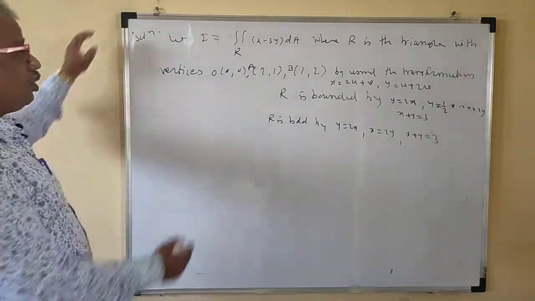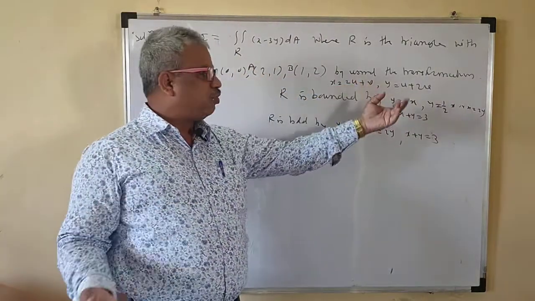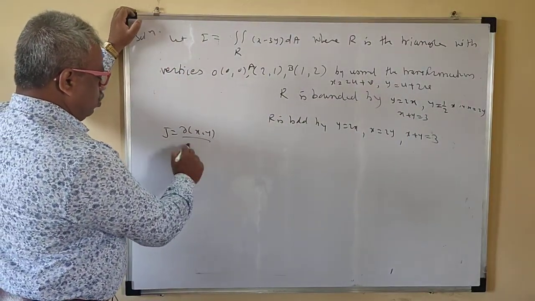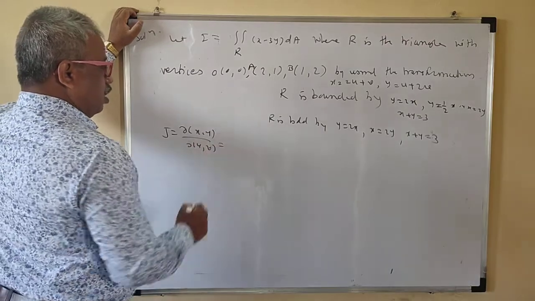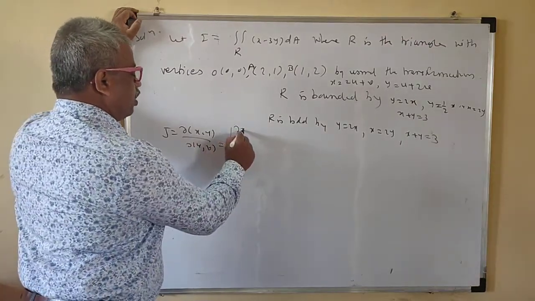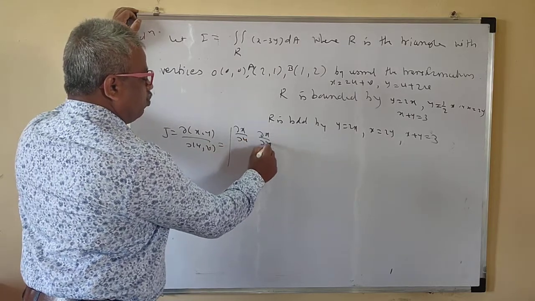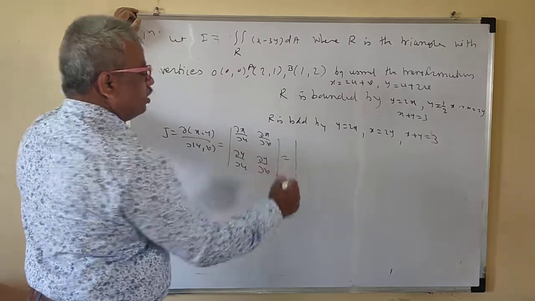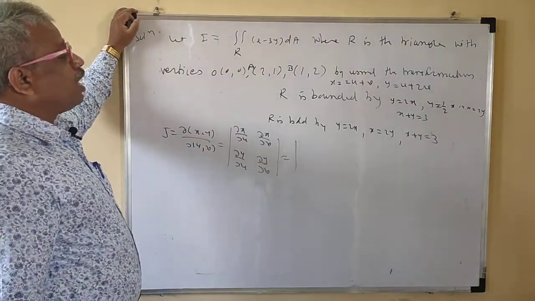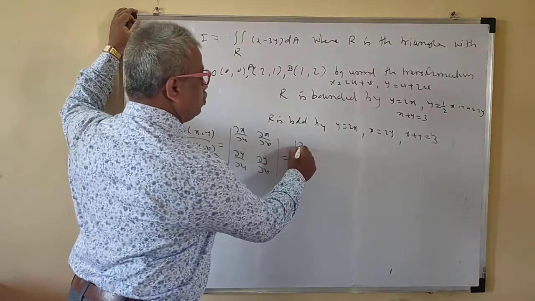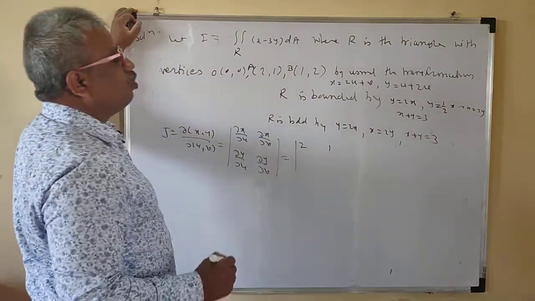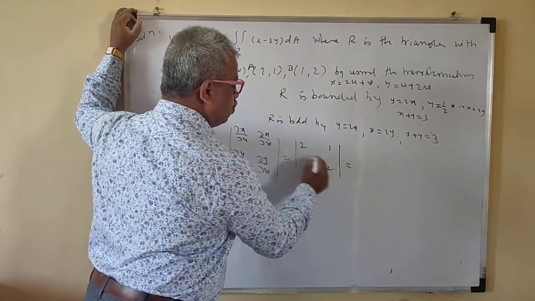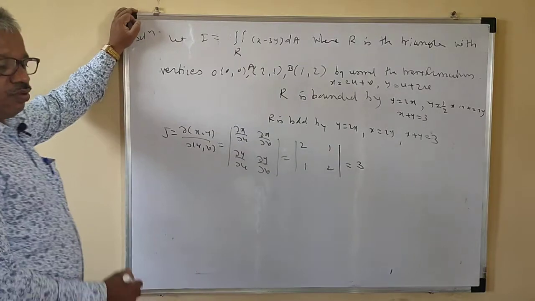Okay. Now we have been given the substitution x is equal to 2u plus v, y is equal to u plus 2v, and so first we will find the Jacobian. Jacobian is what? Dou(x,y) upon dou(u,v). So first we will write the formula: dou x by dou u, dou x by dou v, dou y by dou u, dou y by dou v. Okay, so we write this. Now dou x by dou u is 2, dou x by dou v is 1, dou y by dou u is 1, dou y by dou v is 2. So this is 4 minus 1 is 3. Right? Your Jacobian is 3.